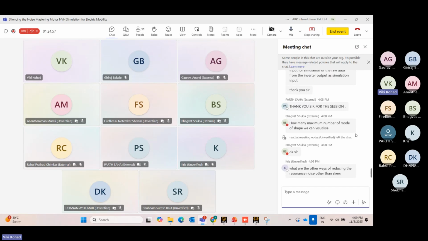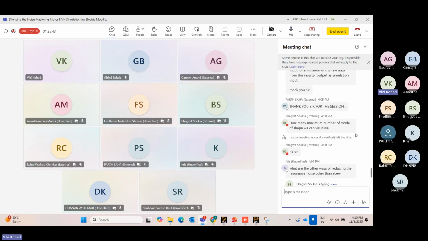Okay. The resonance noise other than the skew: other than the skew, you can change the shape of your geometry, that is, geometry optimization. You can use the geometry optimization method to change some parameters or some curves in the geometry, because this noise is generated mostly because of the air gap flux. To cancel out that air gap flux we use the skew method, but sometimes even using the skew method the air gap flux is not cancelled. So to cancel those air gap flux values and those radial forces, we have to use the geometry modification method,